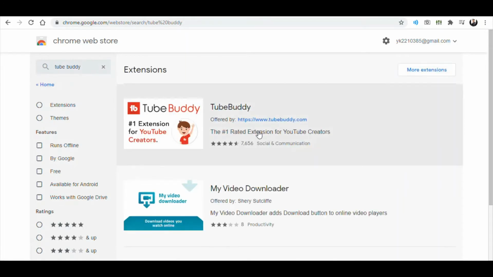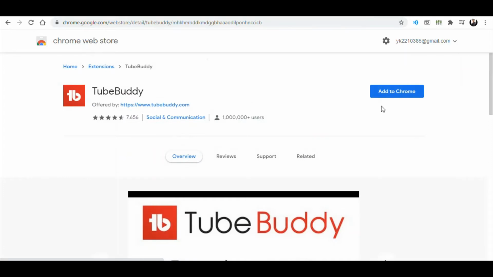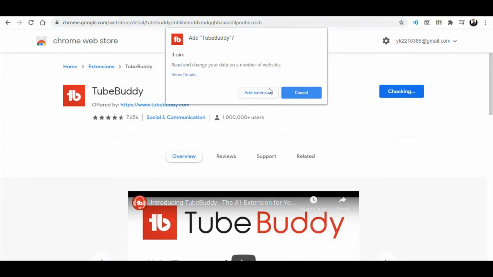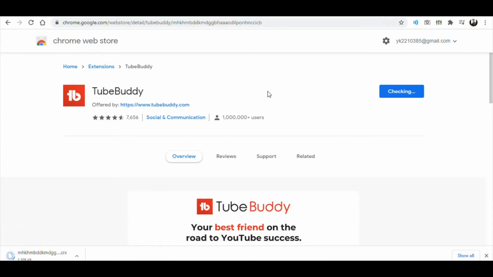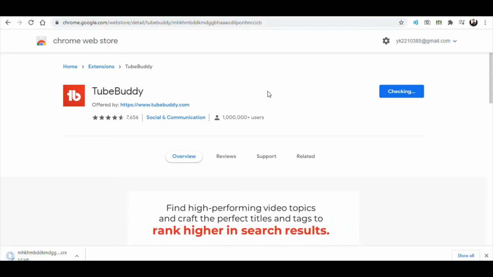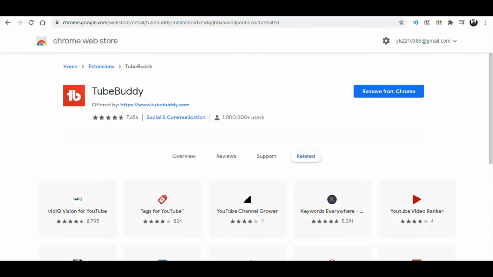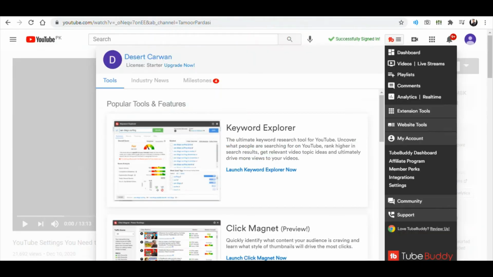It's from TubeBuddy. Just check that it is offered from tubebuddy.com and click on the blue Add to Chrome button and click Add Extension. What this extension is going to do, it's going to activate a plugin on your YouTube channel and give you additional features to access within YouTube. So it's added. You will see this button change from add to remove from Chrome. So it is installed, and we can refresh our YouTube homepage and you'll see that the TubeBuddy extension has popped up